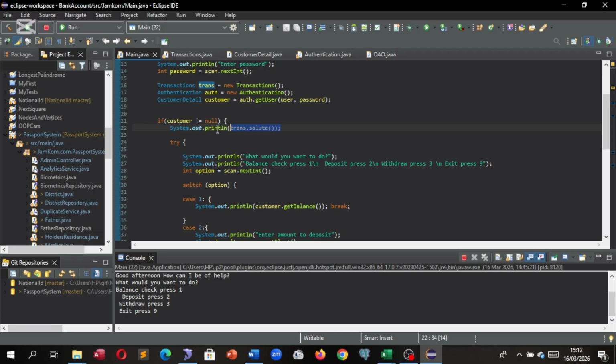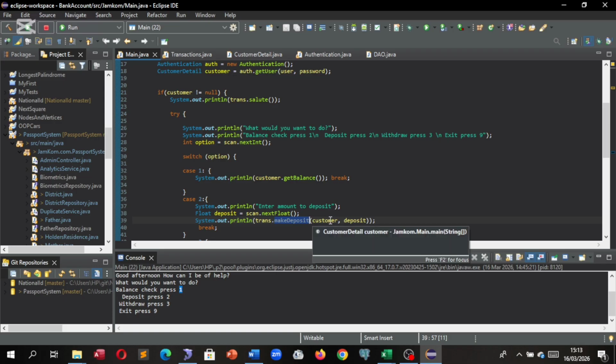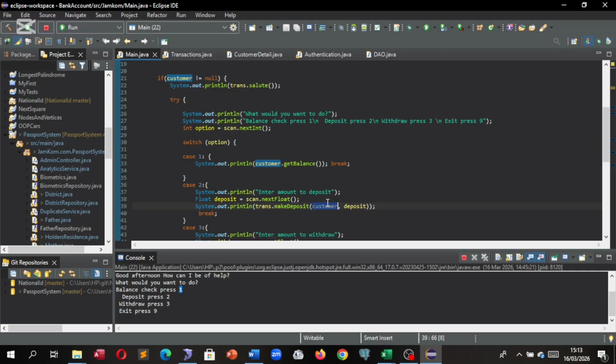So we first capture salutation. If customer is true, we run salutation. Remember the greeting. After greeting, we put this in a try and catch, and we use a switch option here. So in case someone presses 1, like we saw here, because we told them for balance check, press 1, we call this method here, get balance. In case someone presses 2, that is for deposit, we call this method here, deposit. Remember, it takes in a customer, which we created right here, and then whatever deposit we capture using user input here,